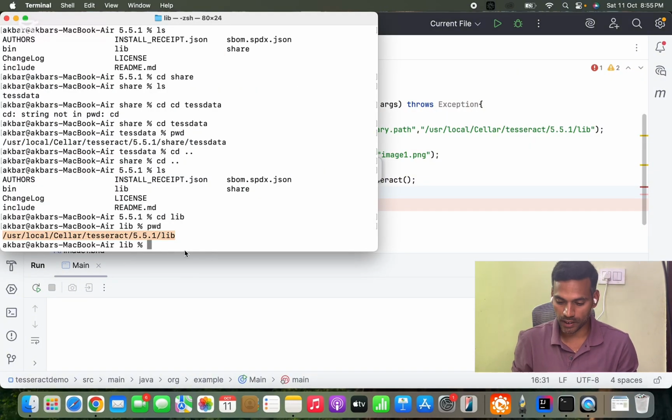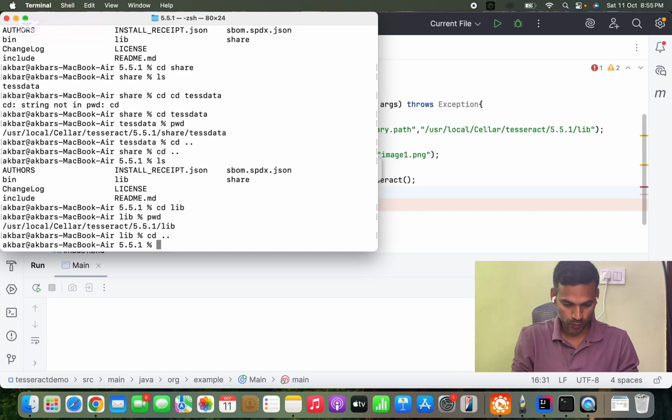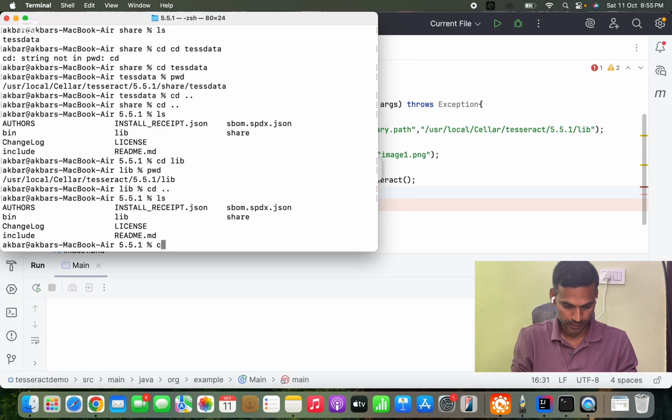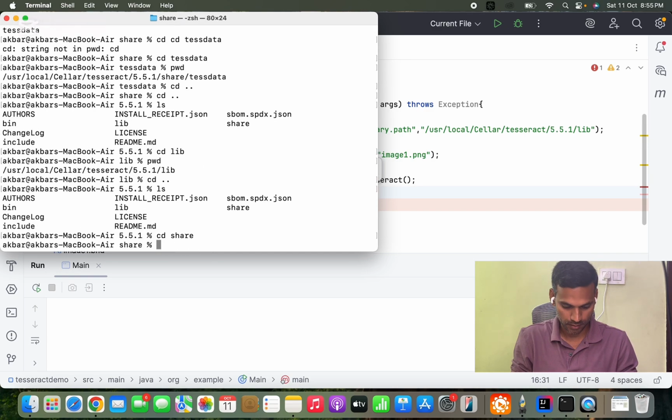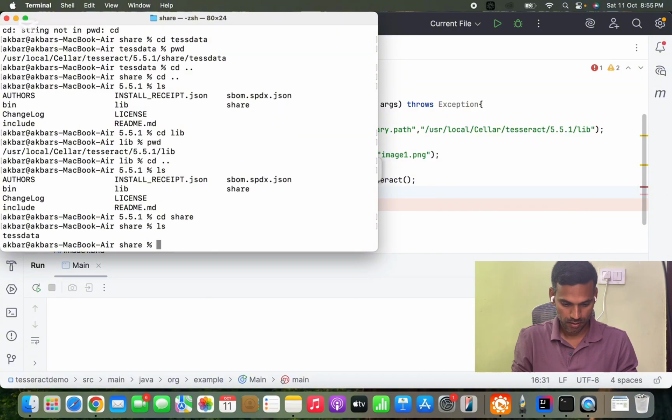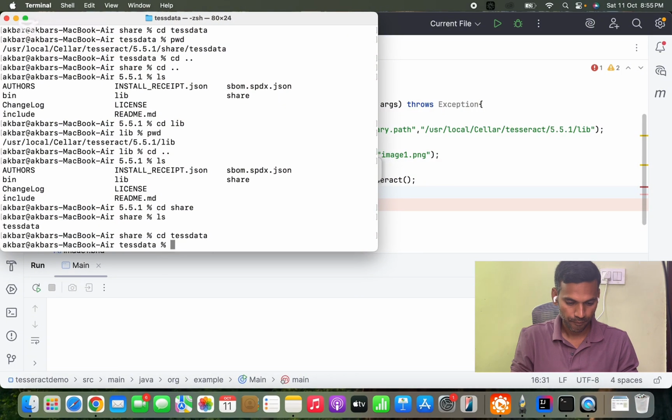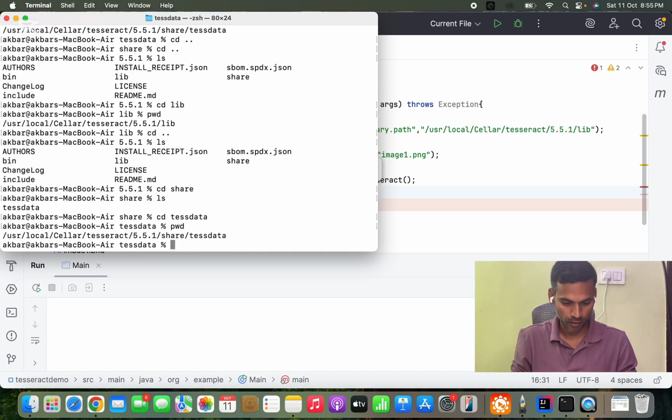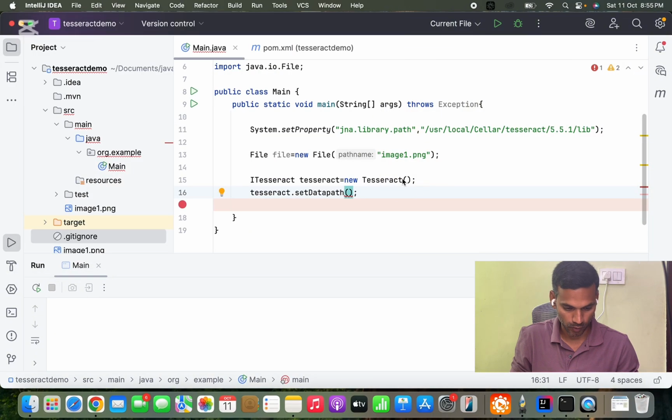Where you are going to identify this data location, you can go to your Tesseract and do an ls, cd share, do an ls again. See, this is the tessdata. Okay, so you have to give this particular path. So I'm simply copying this particular location, copy. I'm specifying it with